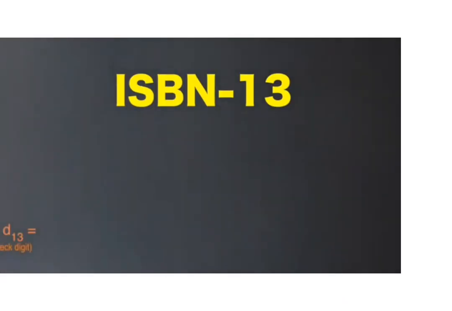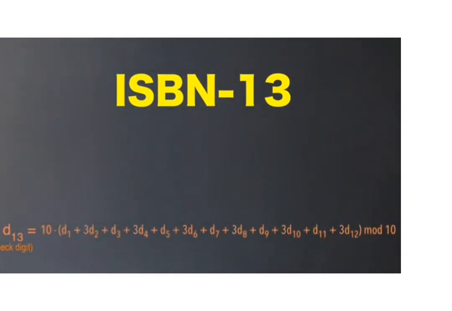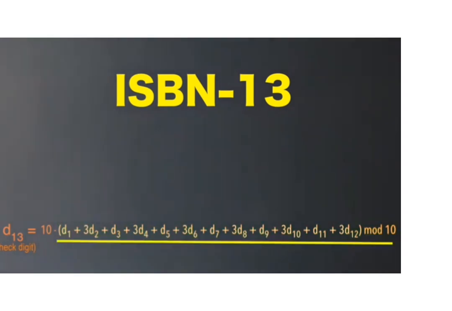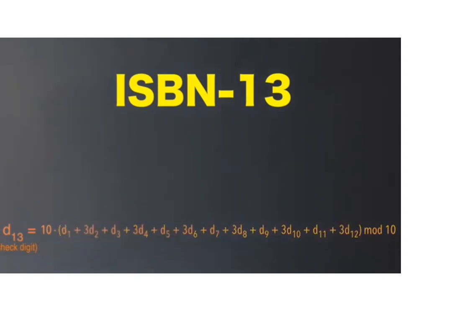Then the check digit is chosen to satisfy this equation. Note that 3 is multiplied to the digits whose subscripts are even numbers. So we multiply 3 to D sub 2, D sub 4, D sub 6, D sub 8, D sub 10, and D sub 12, where each digit has a weight of only 1 or 3. Note that this quantity in modulo 10 gives a value from 0 to 9, and subtracting that value from 10, we are going to have 1 to 10 as the final answer. Thus, if the value of D sub 13, or the check digit, is 10, we are going to use 0